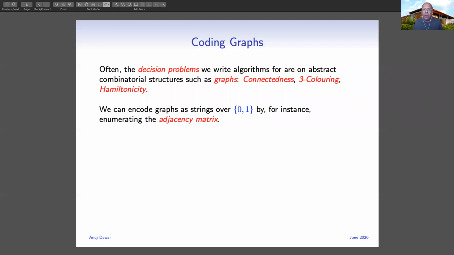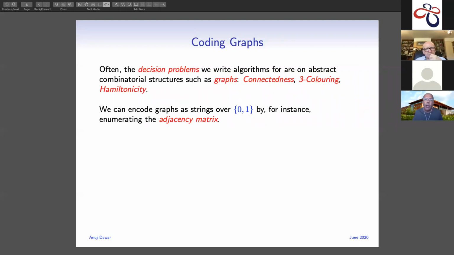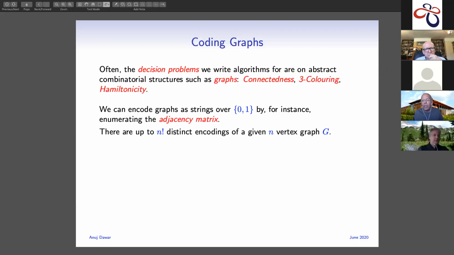So how does that translate into the circuits? Well, first of all, we assume always that you can encode a graph as a string of zeros and ones. For instance, take the adjacency matrix and enumerate it in some fixed order. When you do this, the trouble is, of course, that a given graph may be encoded in many different ways. I say some fixed order. To turn the graph into a matrix, you have to order the vertices in some way. If there are n vertices, there's n factorial potential orders. They can give you all distinct strings. I mean, if the graph has automorphisms, it'll be fewer than n factorial, but up to n factorial distinct strings